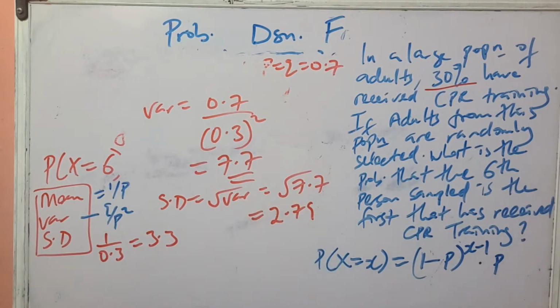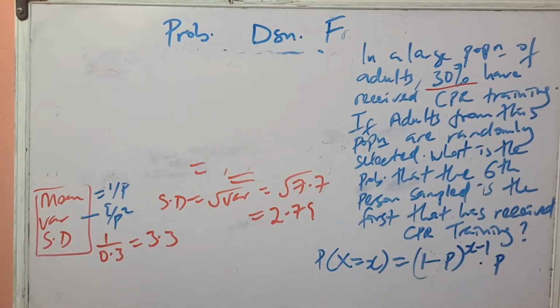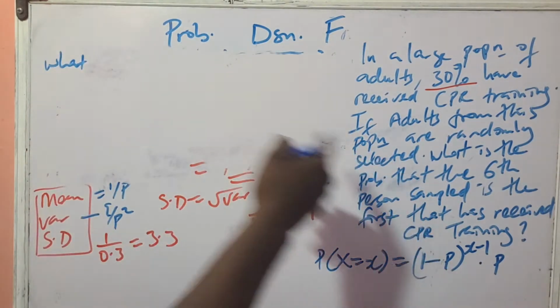So this is the assignment I want to give to you now. All right. So the question is, please take it down. It's still a continuation of this same question. The question is, what's the probability that the first person trained